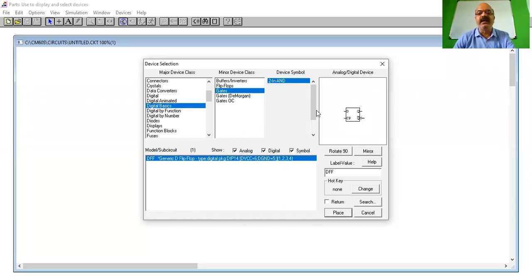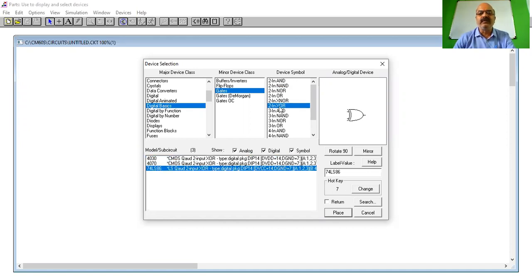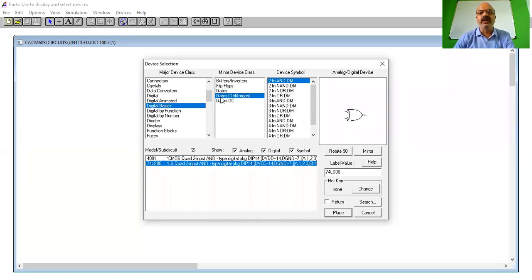See, this is the AND gate. This is the NAND gate. This is the NOR gate. This is the OR gate. This is the XOR gate. So different types of gates you also get here. De Morgan's theorem you can prove. These are the De Morgan gates. So different types of digital devices are also available here.